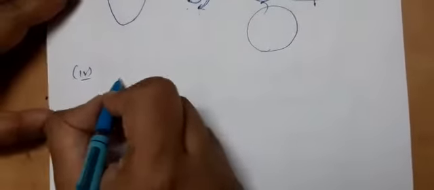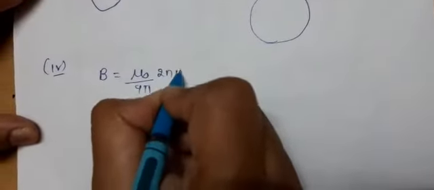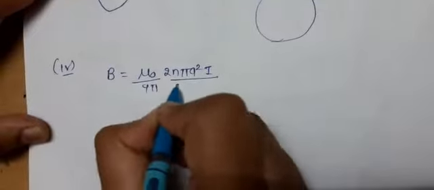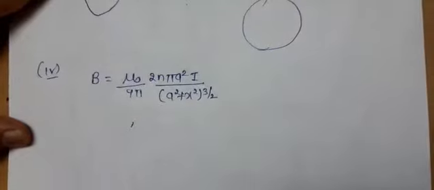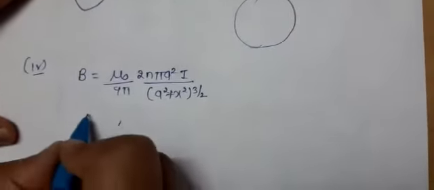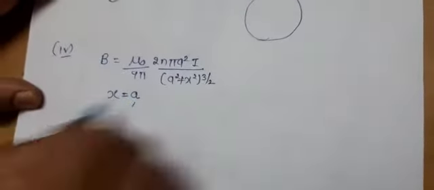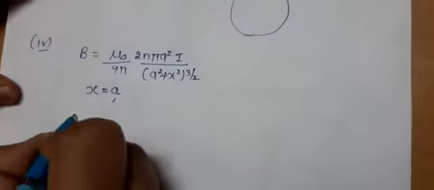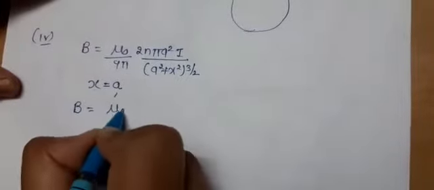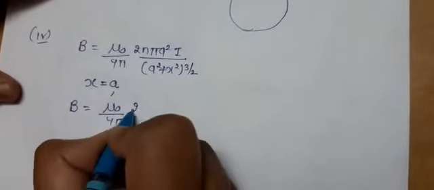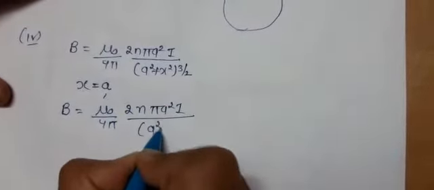Now, as we have obtained the magnitude of magnetic field at the axis, it has this formula. I have taken at the center of the loop, this has the maximum value. So if the point of measurement P is at a distance A from the center of the loop, in that particular case, what will be the value of magnetic field? See, different cases are possible. These are all special cases which I am taking. So here instead of X, what will you use? A. So put the value of X to be A.